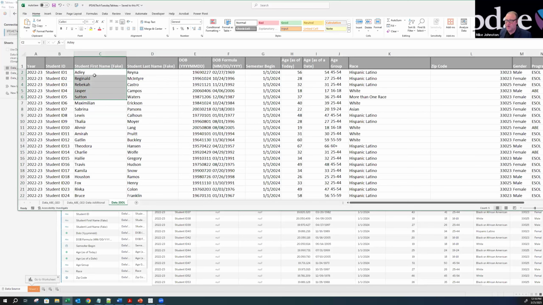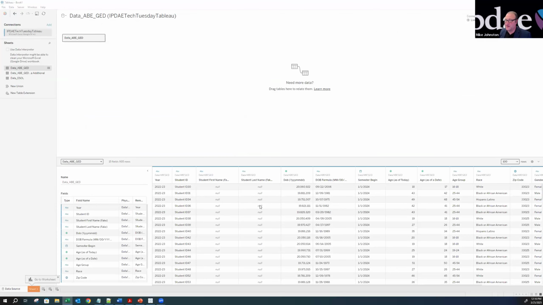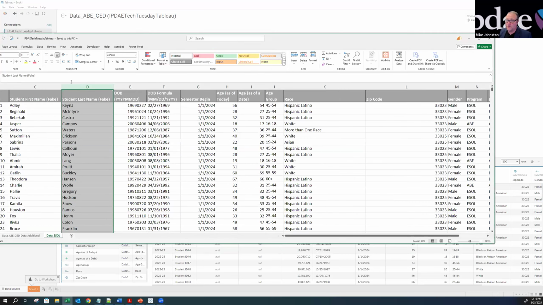It's good nature and good protocol. I don't need these fake names in there. So you're going to see in here that they're showing up as fake and null. And why do I often not delete them? I don't want to delete the actual fields. I don't want to delete these fields and change the format of my Excel or my data. That tends to cause more problems later on.